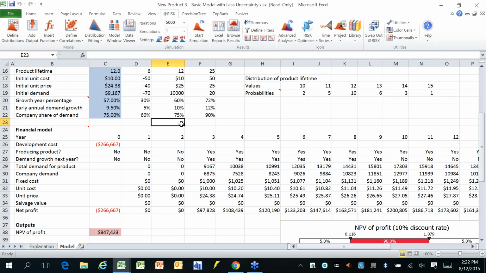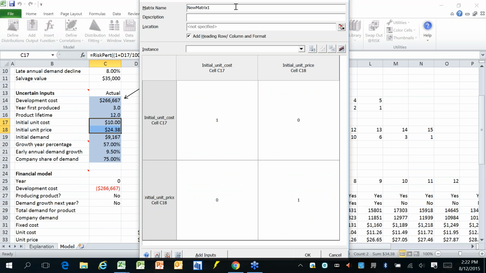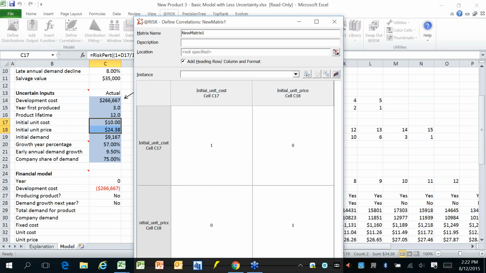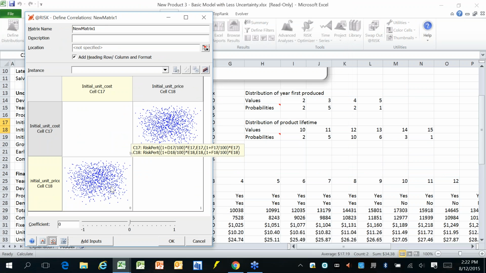Now those results are all derived from simulation results. What I'll also show you quickly is if I grab a couple of variables and create a correlation matrix, here is another place where I can generate scatter plots, but a scatter plot that I'm going to predetermine, if you like, and that is in my correlation matrix. So here is a scatter plot between these two inputs, unit cost and unit price,